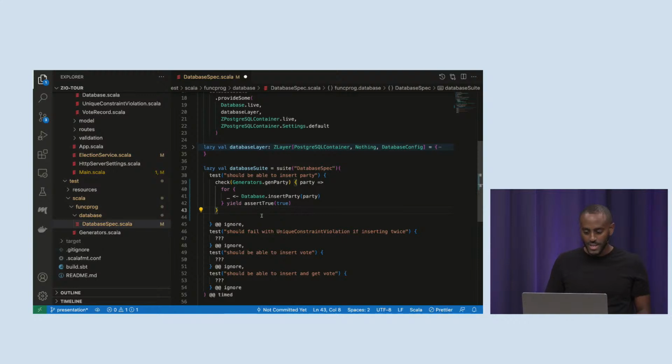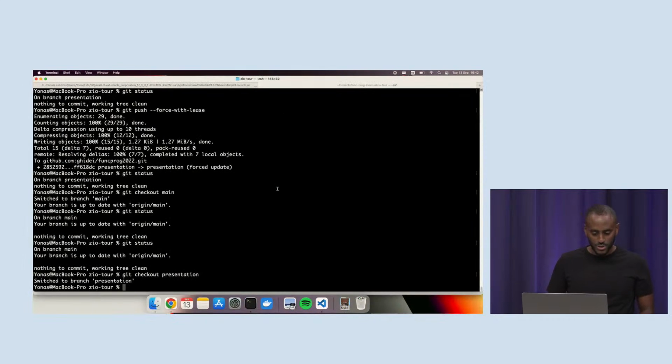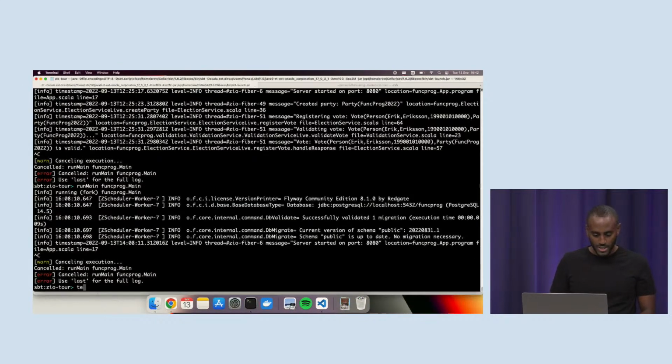And our test here is that we just want to say that this database insertion succeeds. I don't have a value here to test, right? I only want to test that this insert party succeeds. So I can just do assert true and then pass true, right? But there's a shorthand for this, so we can just say assertCompletes. I just want to assert that this insert party completes. Maybe there's an assert succeeds even? No, so completes is the one. Okay, so let's go ahead and run this. We're going to head over to the terminal, go to the sbt console, and say test.